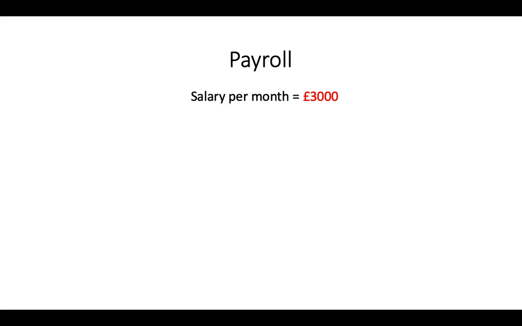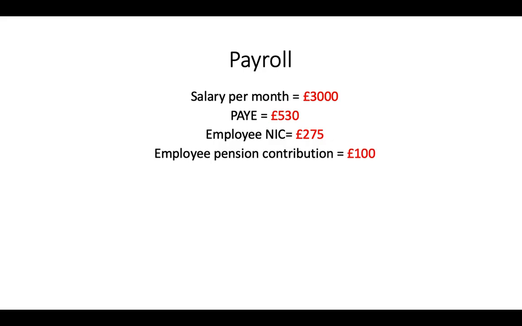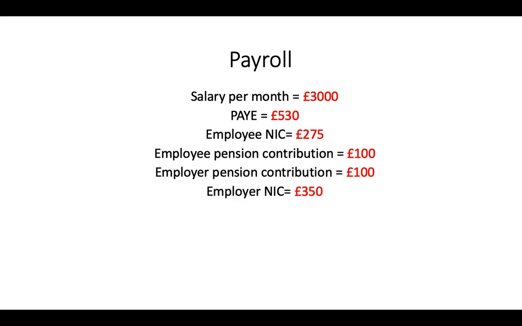The task that we have is a salary of £3,000 per month, a PAYE obligation of £530, an employee national insurance contribution of £275, an employee pension contribution of £100, an employer pension contribution of £100, and an employer national insurance contribution of £350. First things first, we want to divide these figures out to know which concern the employer and